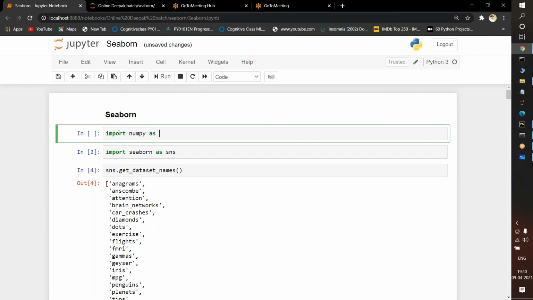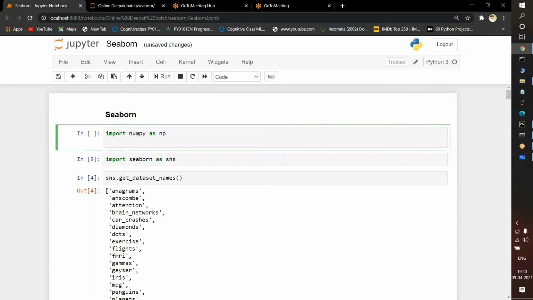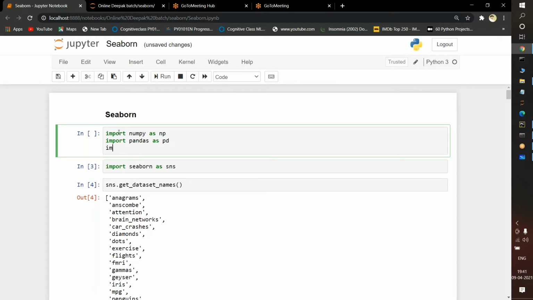Just typing, importing NumPy, importing Pandas, and also importing Matplotlib. And I'm executing it.